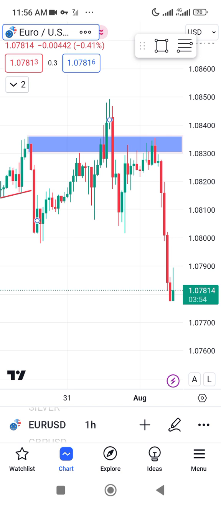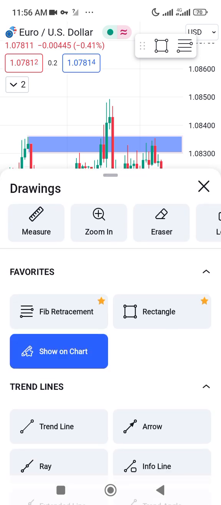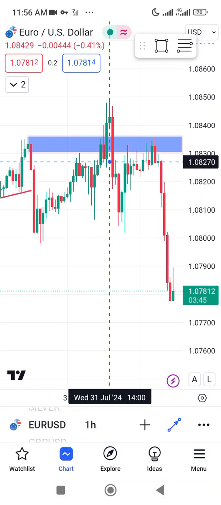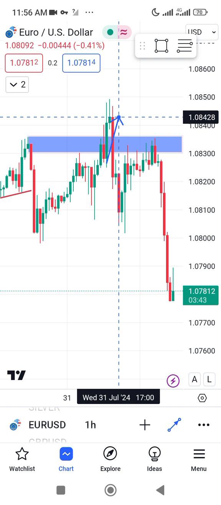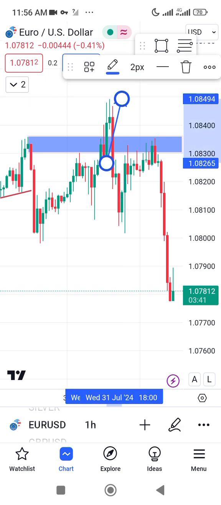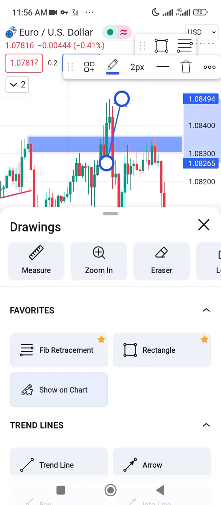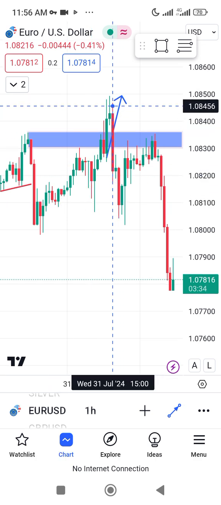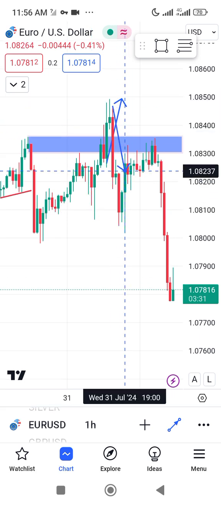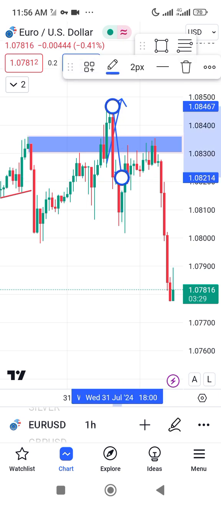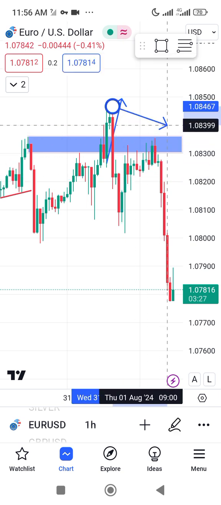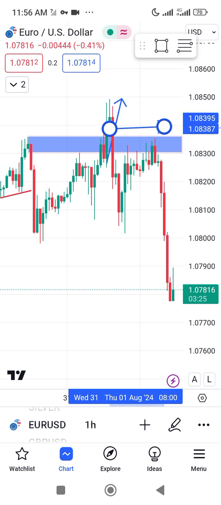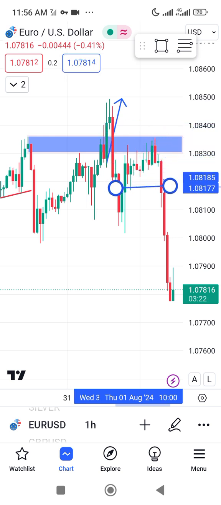Now you can see what happened. A bullish candle closed above. Now let me use an arrow. You can see a bullish candle closed above. What happened? A bearish candle closed back into the range. This bearish candle closed back into the range. All right, so this bearish candle that closed back into the range, we are going to look for our